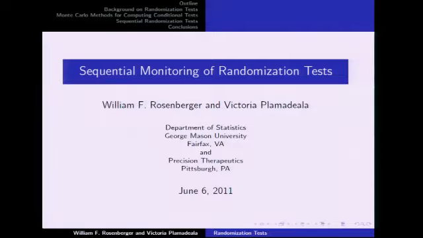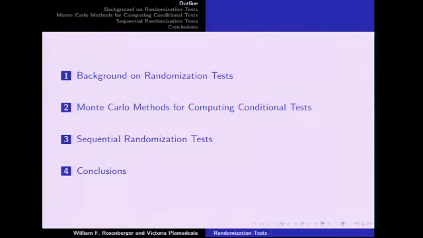Okay, this is joint work with my doctoral student, Victoria Palma de Ayala, and it should really be titled Sequential Monitoring of Conditional Randomization Tests. I'm going to talk a little bit of background on randomization tests, which are kind of rare and unpopular, and then I'm going to talk about Monte Carlo methods for computing them, and then I'm going to extend this to sequential monitoring of randomization tests. So 1 and 2 I talked about at the MODA last year, and 3 is